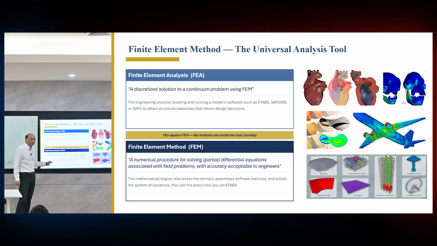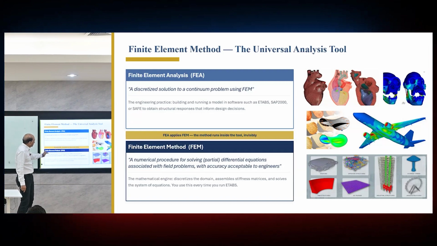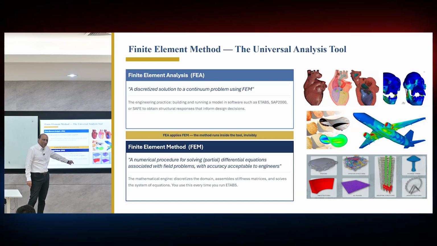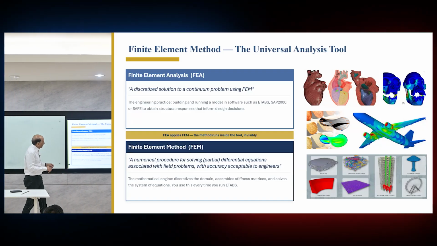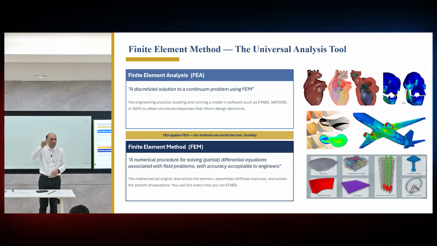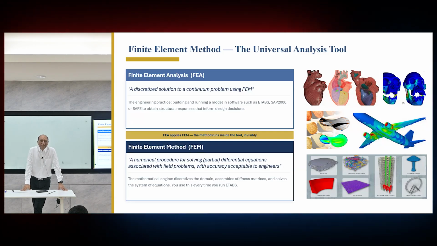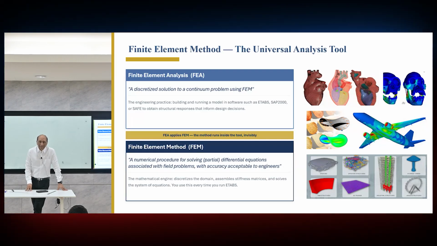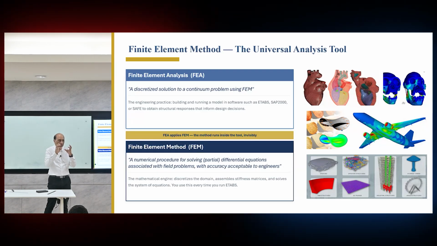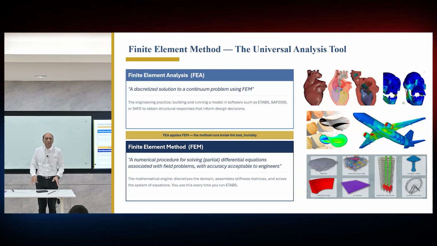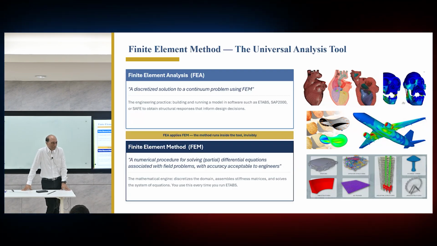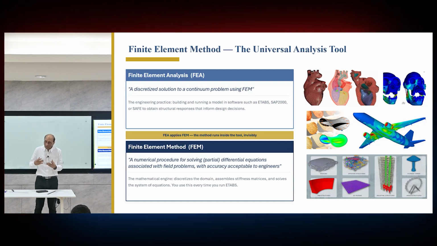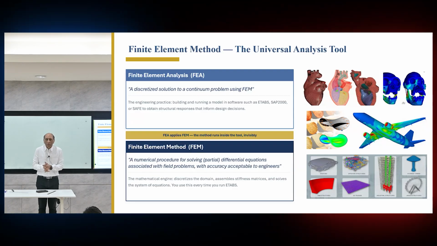It is a mathematical way to convert a partial differential equation into a numerical, arithmetic, algebraic equation. Converting the partial differential equation that I showed you earlier into the K-R equation is part of the finite element method itself. When it was invented, they found a way to convert a partial differential equation into an equation that can be solved by pure numbers, taking the math out, because computers came up and they saw the opportunity to do this. But at that time, they didn't know what it was going to be